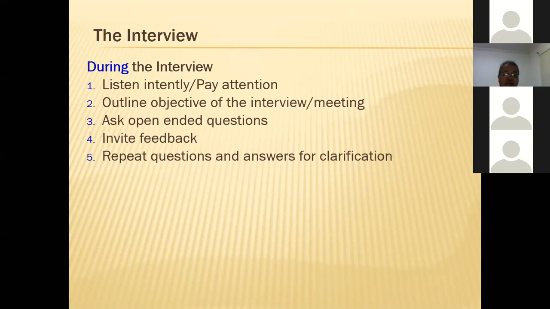Sometimes you have to ask questions to clarify some of the things they're saying. But importantly, you want to outline the objective of the interview at the outset. So you start by saying, so you're here for a lot loan, right? And the person will say, no, not just a lot loan. I want a lot loan and I want to construct on it later. Okay. So then